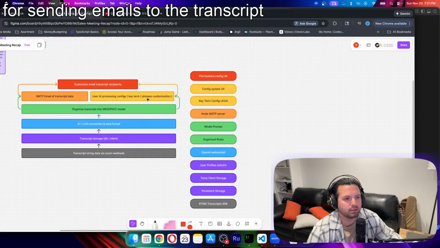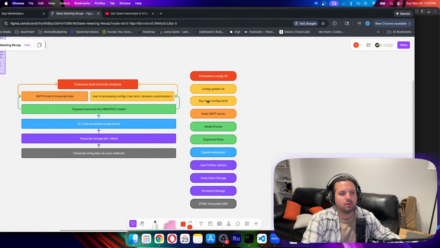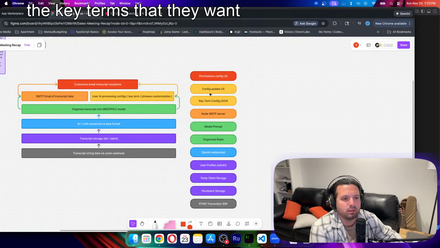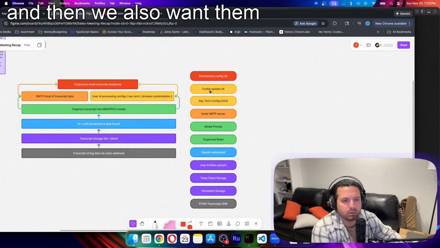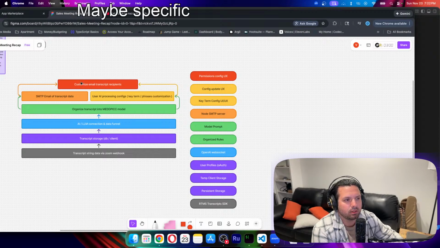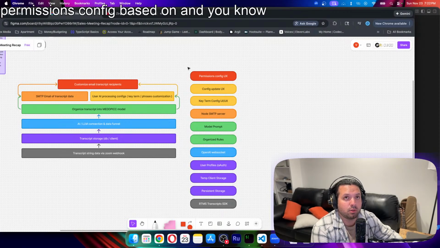User AI processing configs, key term and phrase customization. We need a UX for the user to be able to change the key terms that they want the model to look out for. And then we also want them to be able to switch between configurations based on maybe specific client types. And then customize email transcript recipients, permissions config, configure who